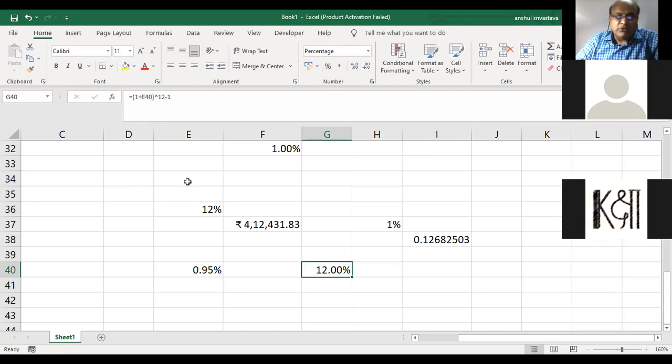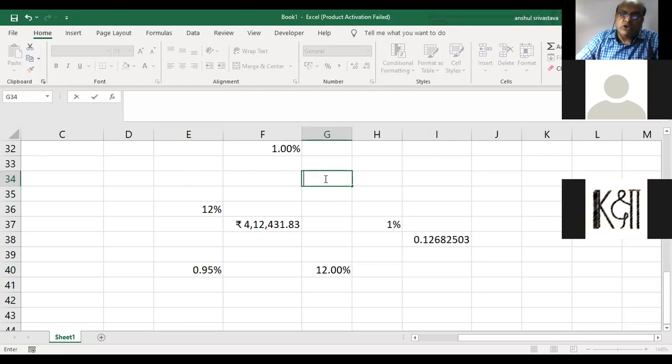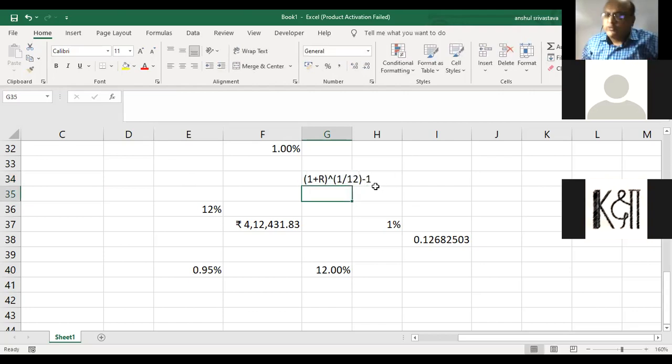Got it? So what is the formula that you should remember? For a market-based product, the monthly rate is equal to (1 plus R) to the power 1 by 12 minus 1. And for a non-market based product, simply divide the actual rate by N, in the rate section of Excel, simply divide the nominal rate by N. But for products that are market based, you don't have to do that. Use the formula (1 plus R) to the power 1 by N. If it is monthly, it will be 1 by 12. If it is quarterly, 1 by 4. If it is half yearly, 1 by 2. Is this clear? This is an important understanding of financial planning.